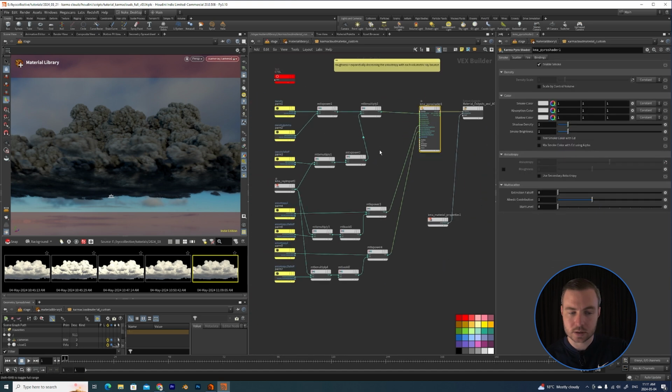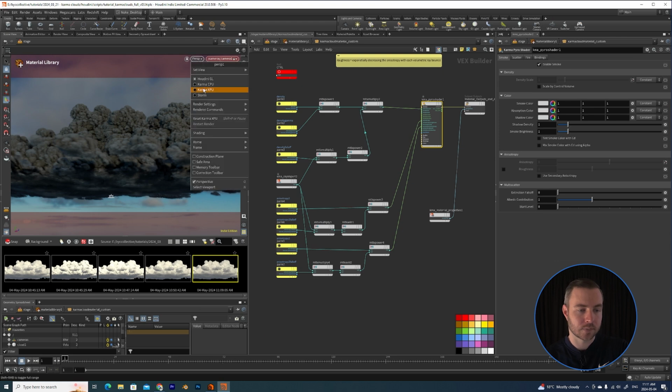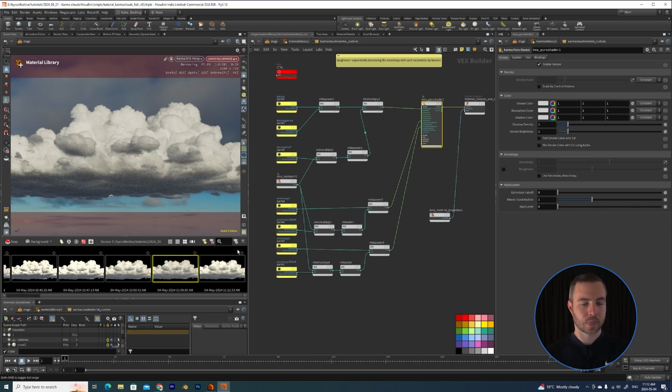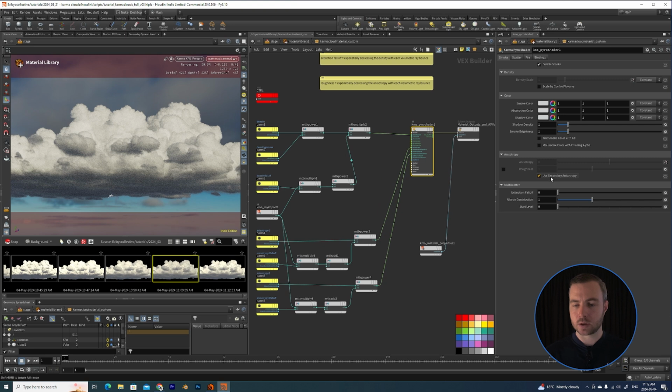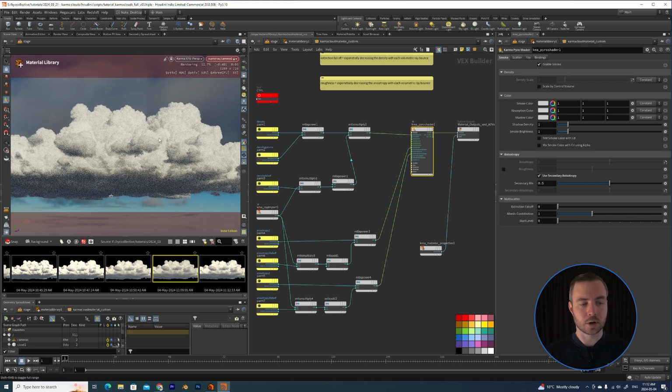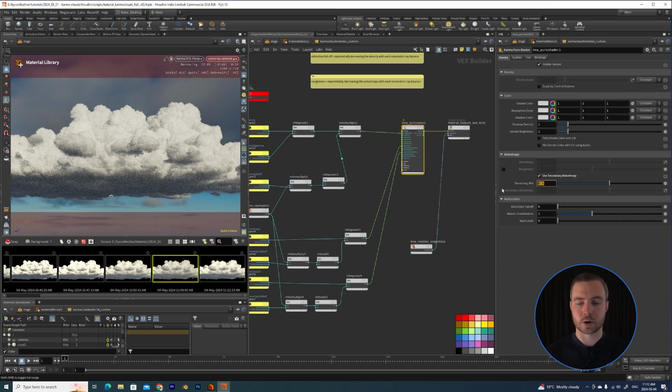just like this. And if I hit render, nothing's really happening because we haven't enabled it. So I'm just going to let this resolve quickly. And let's just take a snap there. And now if we enable our use secondary anisotropy, you'll see that we get a bit of a brighter cloud. That's just because our secondary mix is set to 0.5. I'm going to set this up to 1. And if we take it down to 0,